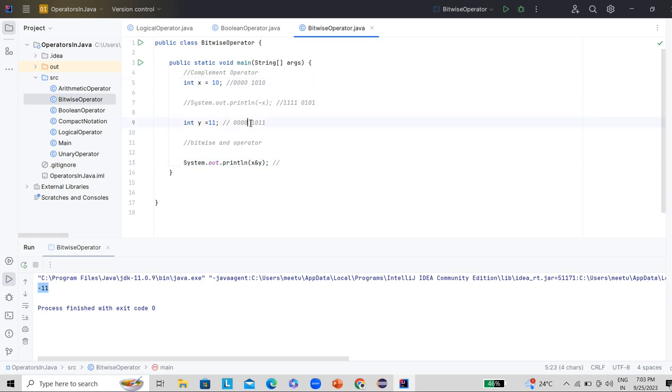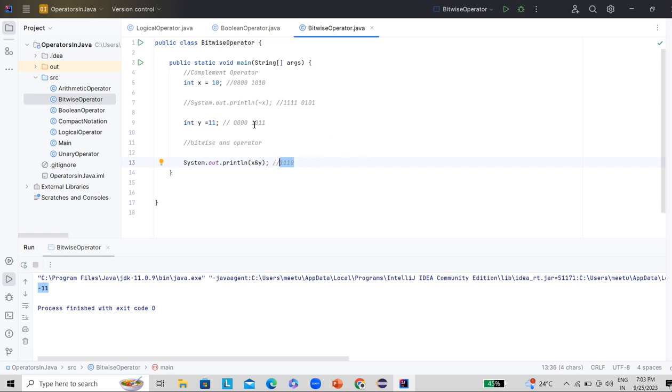Just ignore the first four 0s, and calculate only the part starting from 1. Okay, we have made some mistake here, let's redo it.